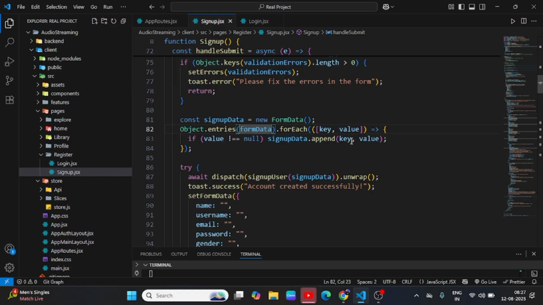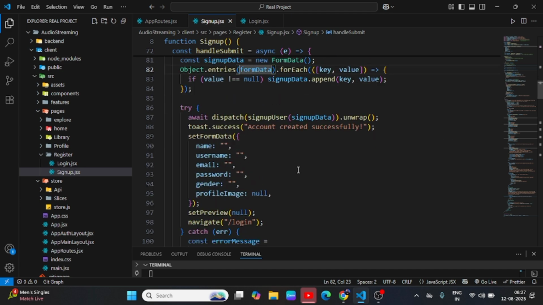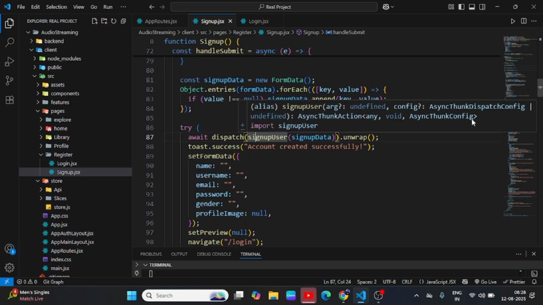So sign up, append key and value. So all the key and value can be stored or pushed into the sign up data. After doing that, inside the try block we have to trigger dispatch. So you are using await, and then we are calling dispatch. This sign up comes from the state global